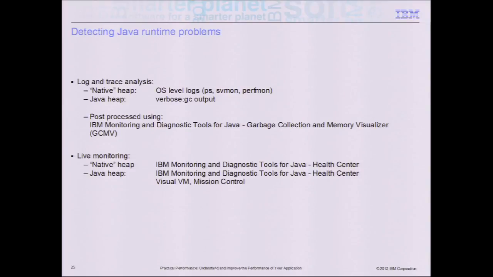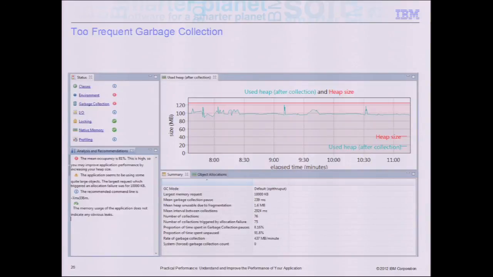non-Java heap memory. So you use OS tools to find out about that, whether it's PS or perfmon that we saw on Windows. And it gives you a script that you can run in order to gather the data, and then it will load it in, do the statistical analysis and the visualization for you. So again, that works on any operating system. So if we run our test,